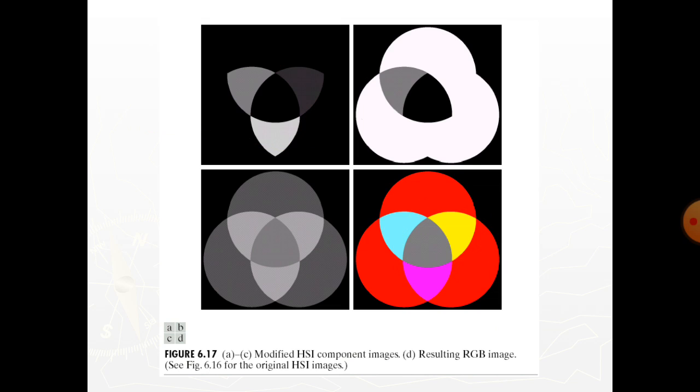All these results are simple, but they illustrate clearly the power of the HSI color model in allowing independent control over hue, saturation and intensity quantities, with which we are quite familiar when describing colors.